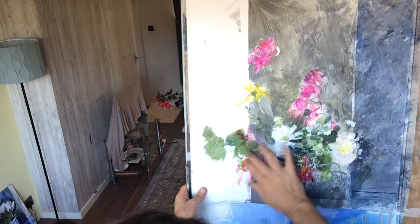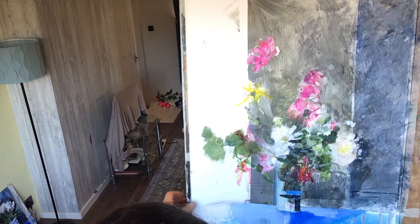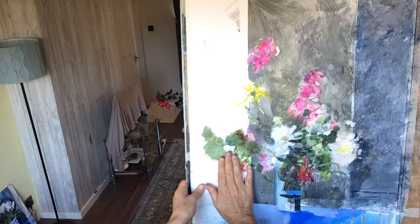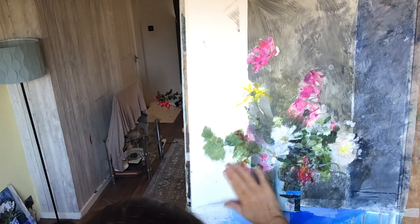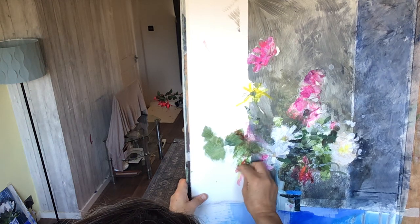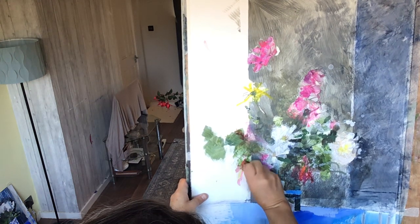So I'm not sure what it'll end up being. It might just be blank space to the right of the fuchsia that I'm painting. I'm not sure. I think that probably will be the case. And I might even simply obliterate it at the moment